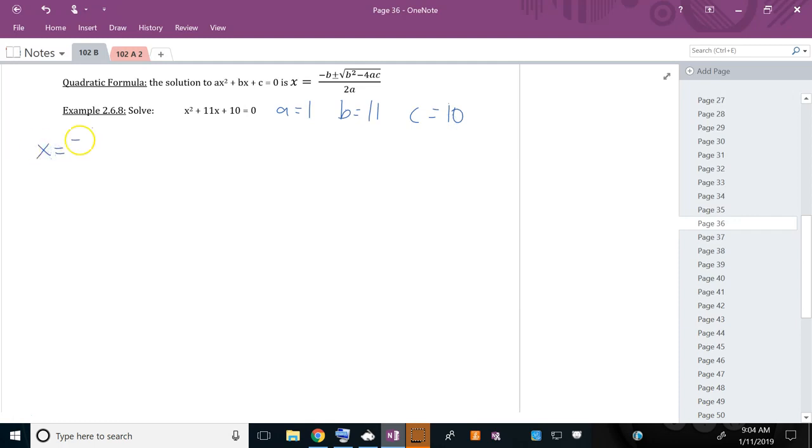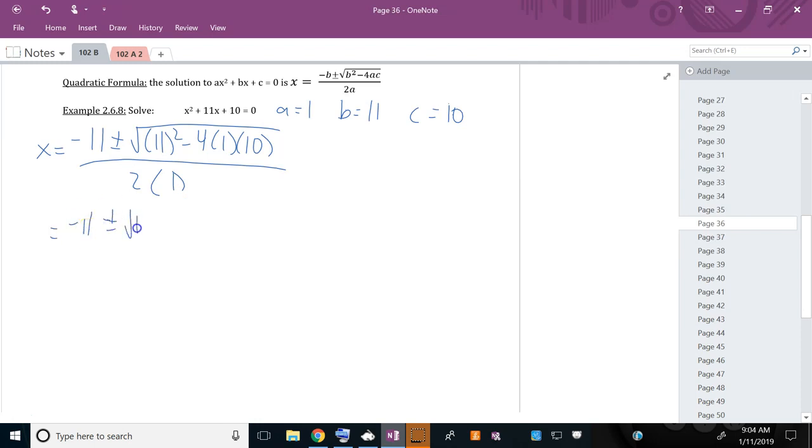So I've got negative b plus or minus the square root of b squared minus 4 times a times c, all over 2 times a. 11 squared is 121, and 4 times 10 is still negative. It'll be negative 40, and I've got a 2 on the bottom. 121 minus 40